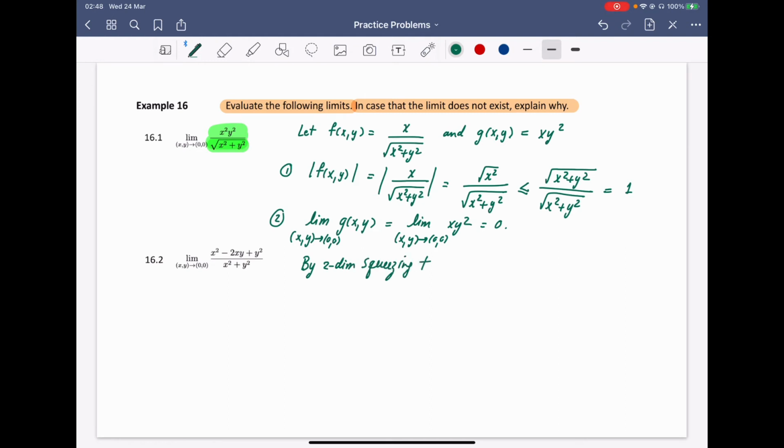Well, the name of the theorem here, I just made it up. If you Google two-dimensional squeezing theorem, it does not exist. But because this theorem is similar to the squeezing theorem in two dimensions, that is why I name it. So we can call it together in class easily. So we conclude that